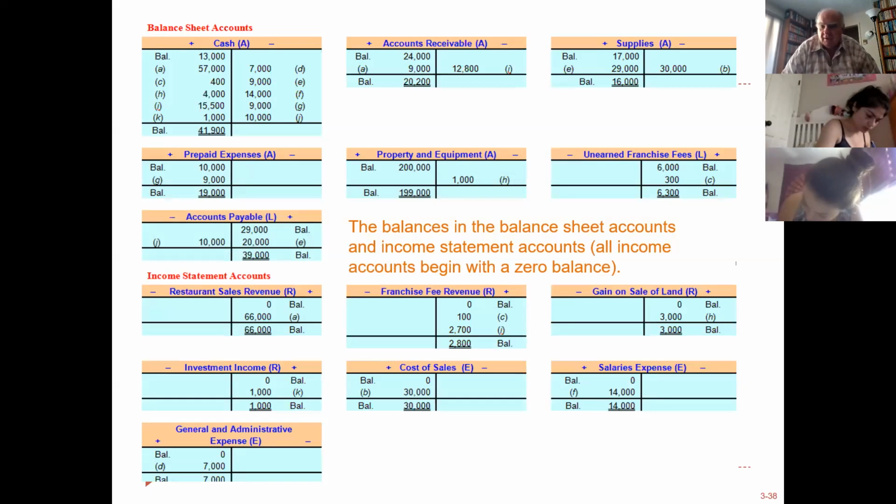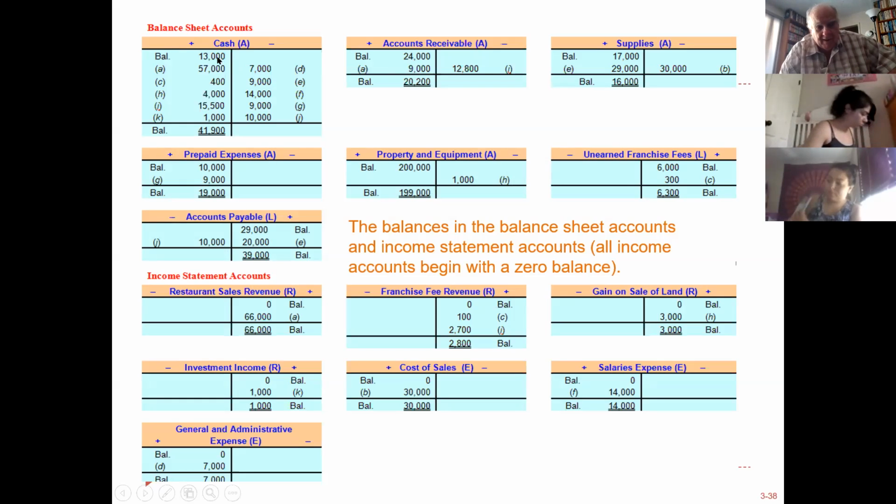Whoa, look at this page now, huh? Obviously, there were a lot more transactions that were done during this fiscal period, whatever it was, a month or year, for Papa John's. We just went over the first 4 or 5, okay? In your book, you will see all of the transactions. So all of the transactions have now been recorded in your journals, and you hit the button that says post, and here's the result of posting.